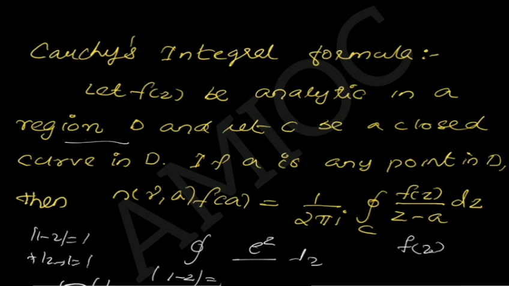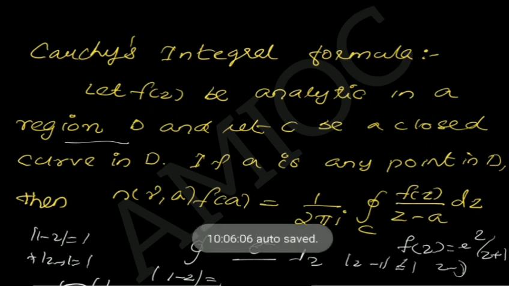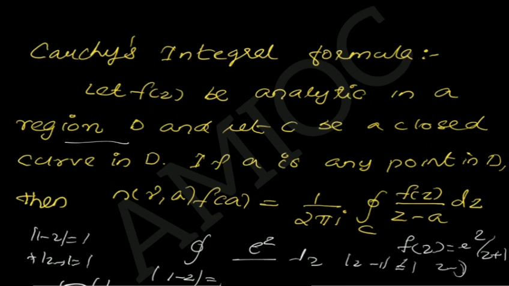Considering mod z minus 1 less than or equal to 1 as the region, f of z equal to e raised to z divided by z plus 1 is analytic, and mod z minus 1 equal to 1 is a closed curve C in D. If a is any point in D, here we have z minus 1, therefore a is given by 1, and 1 is a point in D. Then f of a into n(gamma, a) equals 1 by 2 pi I integral over C f of z divided by z minus a dz. Hence, by making use of Cauchy's integral formula, we have